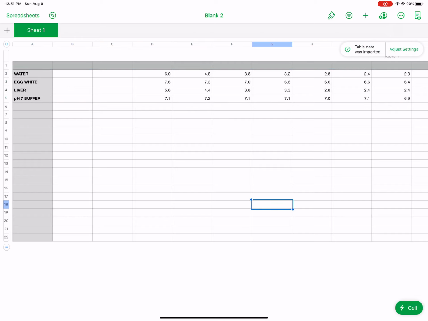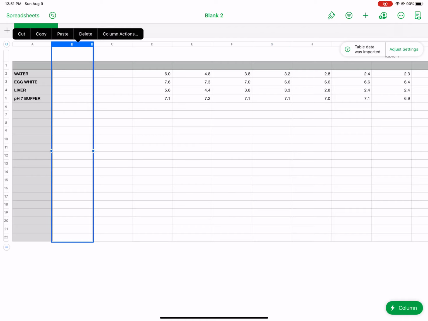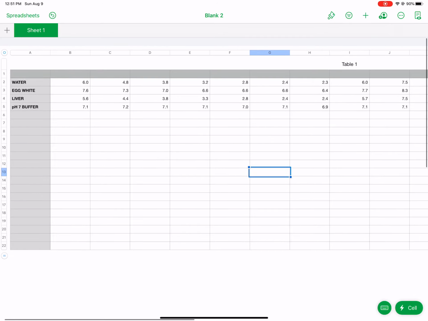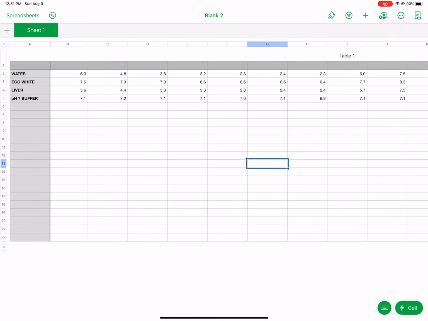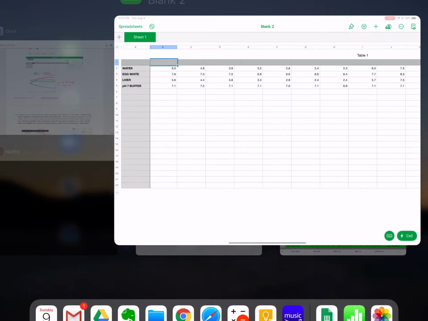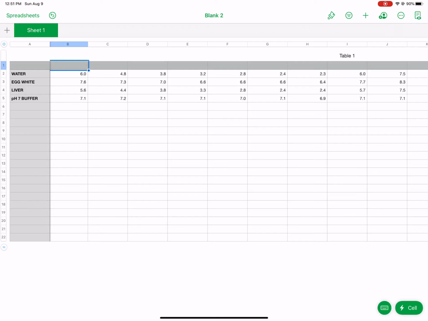okay, like that. All right, so notice that B and C don't have any data, so I'm just going to select B and delete. I'm going to select B again and delete, because everything gets shifted over to the left. The other thing you have to do is the labels at the top. So remember that right now column A has the type of material that was used, but you don't have the labels that go on the top